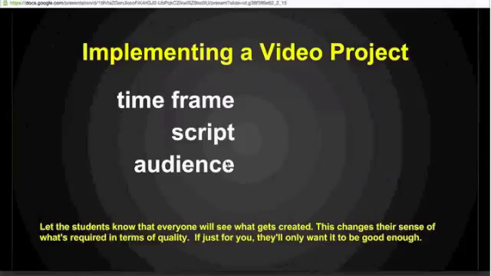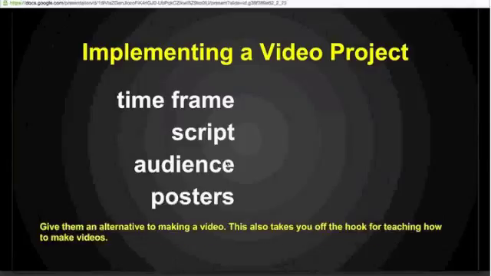What we want to do is give them some out, because you may be in a place where there are very few opportunities to do this. So this could be by allowing them to do things like turn in a poster instead of a video. Now, I really see this as useful on two fronts. One, if you have an annoying parent who wants to take you to task for assigning a video project. I can't believe you assigned my child a video project. You haven't told the child how to learn to use video, blah, blah, blah. You know, all that kind of thing. I mean, that's just annoying.